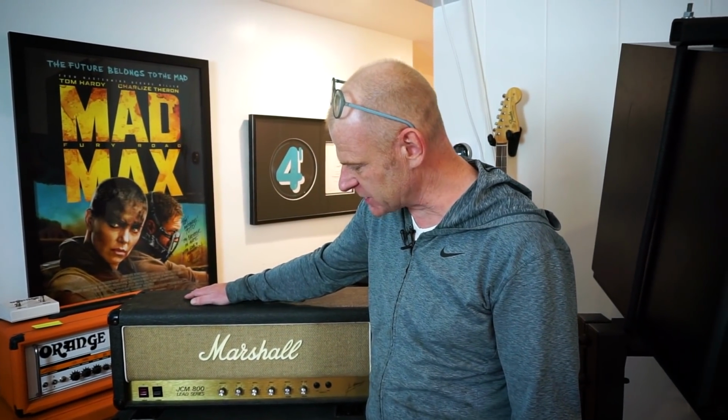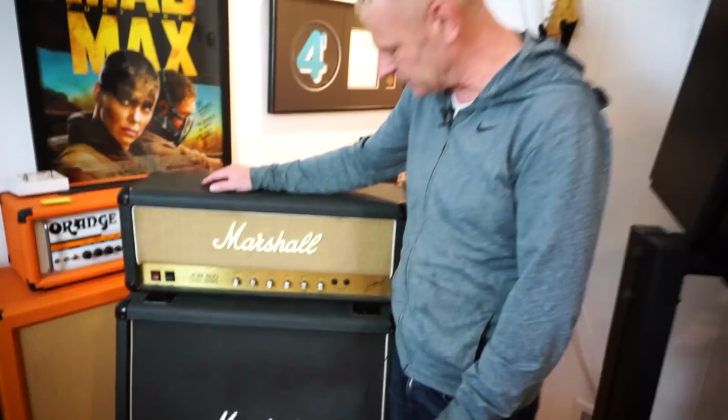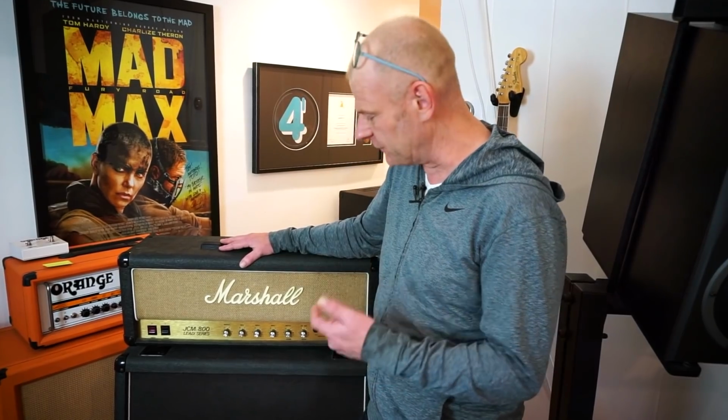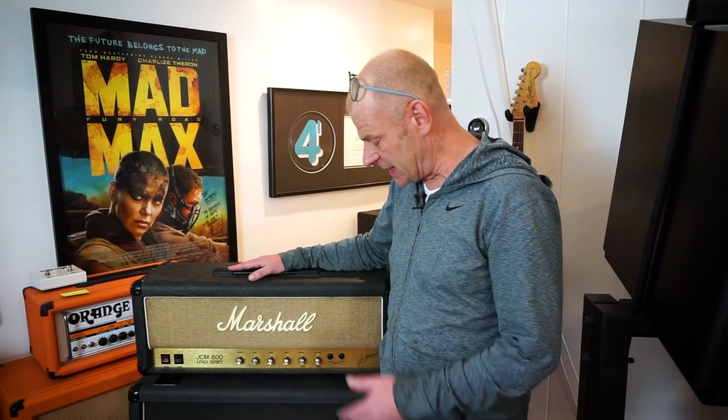And it's a highly well-produced amplifier nowadays, but the older ones were always the ones that were more special. I don't know from which year this actually is. What I do know is that immediately when I got it, I would play it, and if I loved the sound of it, I would keep it. And if I didn't like it, I send it back. I have no idea how many Marshall JCM 800s I got over the span of 20 years to finally find something that sounded really good. Then what I did, I had it completely customized electronically inside, and we did some alterations. And now it's absolutely fantastic sounding